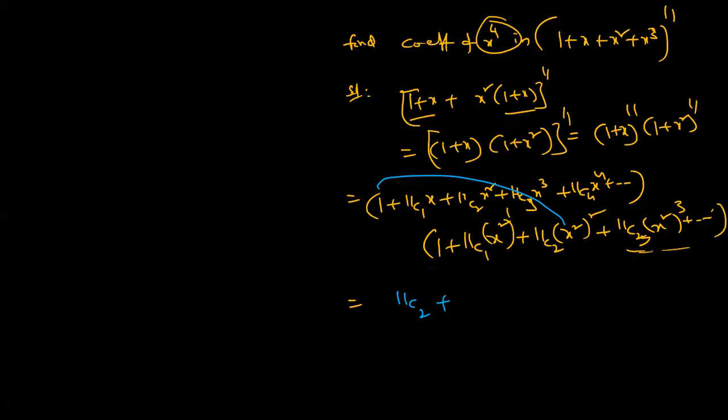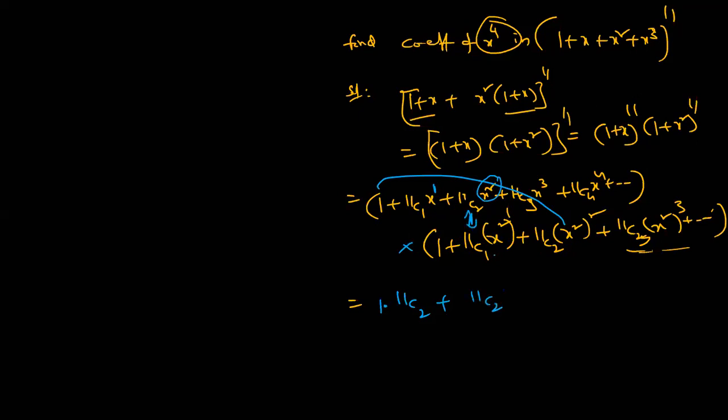Directly they're asking the question of x power. Next, where is that? The 11Cx combination is not there. Anyone observing? 11C2 x power 4 into this one, how much? Into 1 is there, 11C1 x is there. Here in this case, x cube is not required, so not possible. x square is there. This is the multiplication, that means this is the combination.